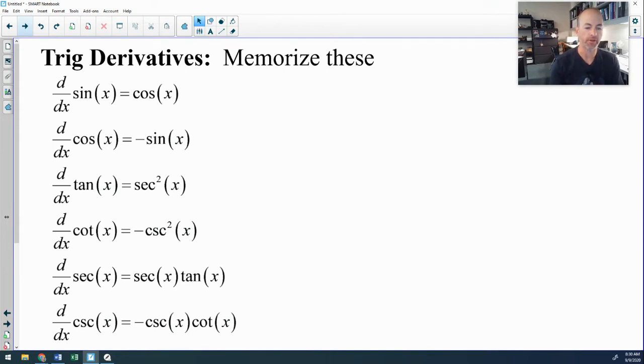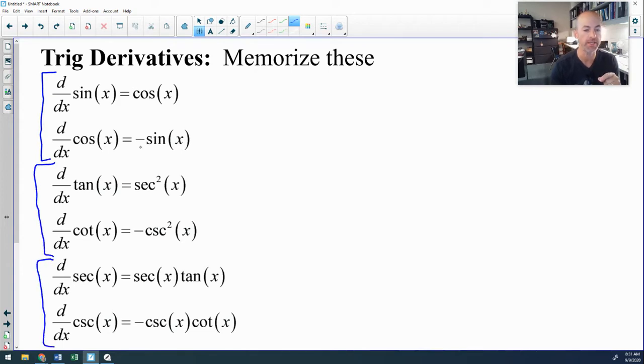However, if you saw the proofs of these derivatives, you would then say, you know what, I'm just going to memorize these because the proof is too difficult. So look at these, write those down, memorize them. A few trends that may help you memorize them, and I'm going to go through this quickly, is if you look at your co-functions. So when you look at sine and cosine, and when you look at tangent and cotangent, and when you look at secant and cosecant,